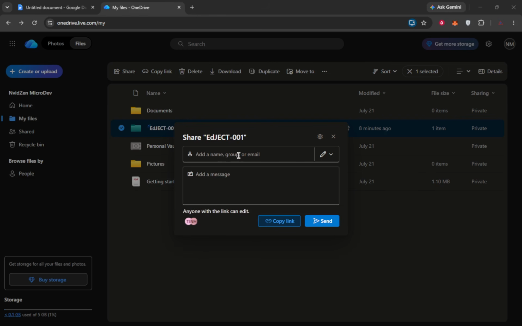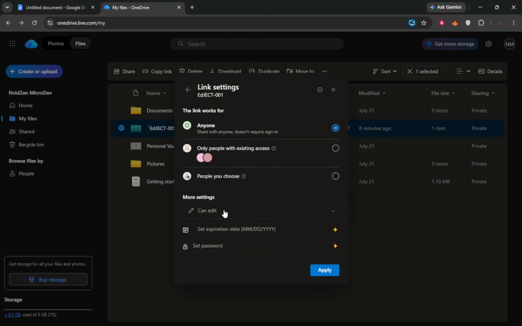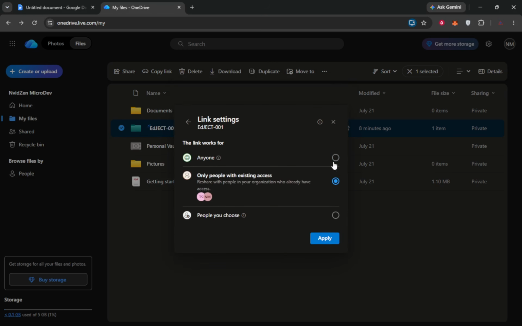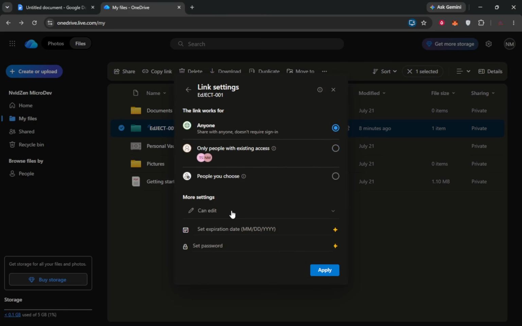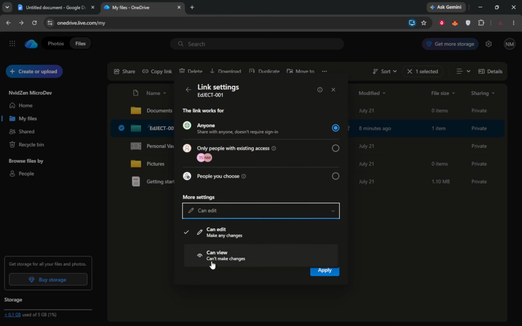Change their permission to Can View, Can Edit, or Cannot Download, where available. For each person or link, you can usually pick the permission level from a small menu. Can View lets them see the file but not change it. Can Edit allows them to change or delete content. And Cannot Download is often used for sensitive documents you only want people to read online. Not every combination appears for every type of link, so if you do not see an option, that means it is not supported for that share type.